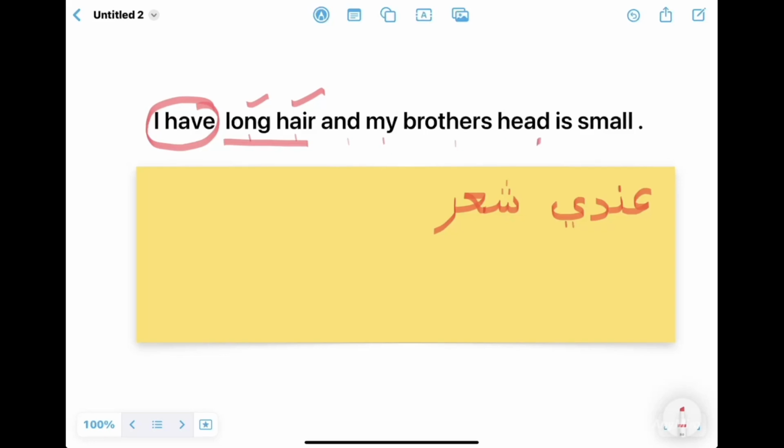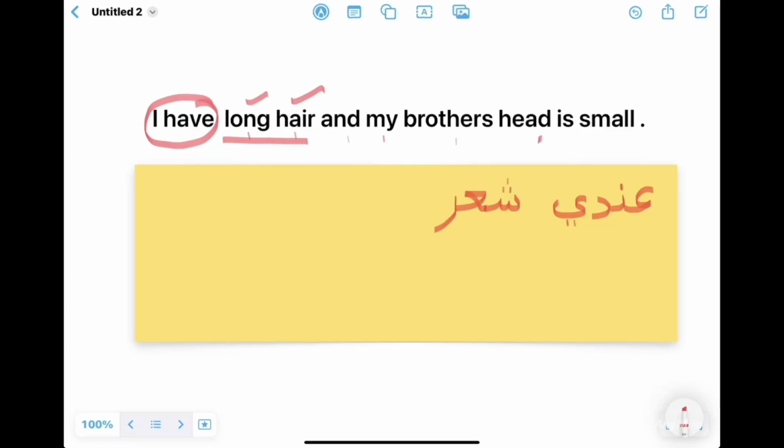Now translate long. What is the adjective long in Arabic? It's tawil, right? How to write tawil? Come on. Ta. Ta has the same shape, right? The small and the big shape are the same. Ta and then waw. The naughty letter waw, that's why we are not connecting the next letter. Ya. Tawil. See, no connection between waw and ya. And then lam. The last letter should be a complete shape. Tawil. Very good.